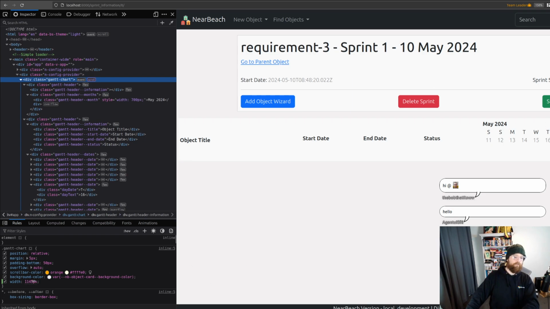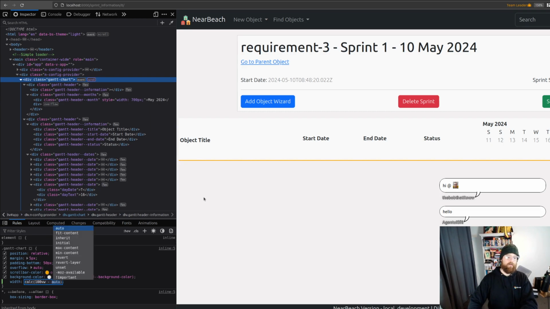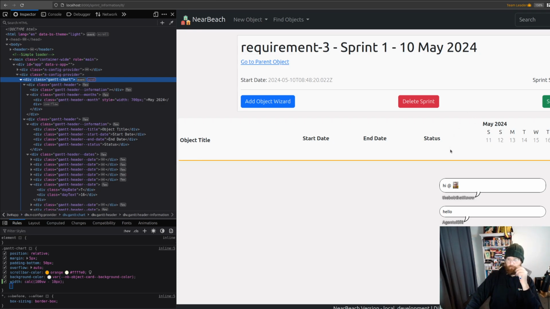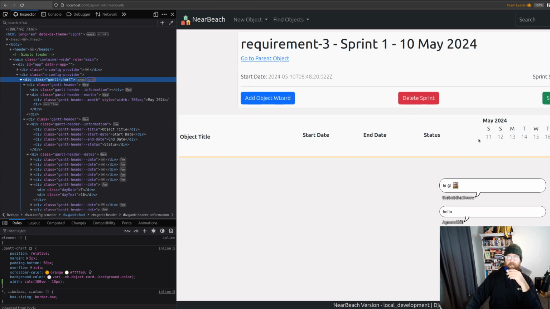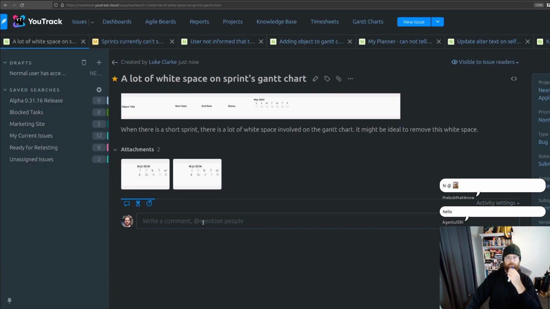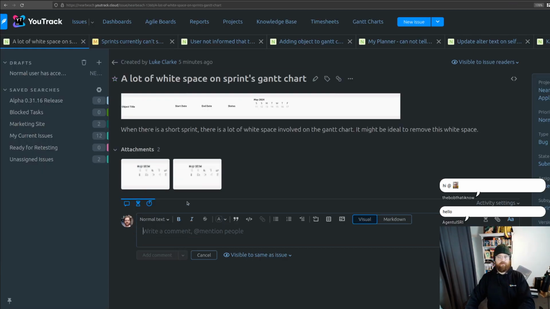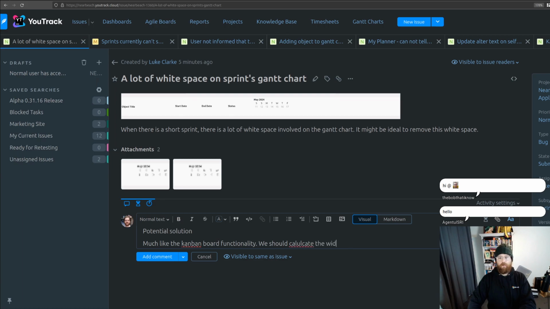All right. What if we do calc 100 view width minus 10 pixels? That works perfectly fine. And I kind of like that. So I've got a solution for this. So I'm going to write in potential solution for this. Potential solution. Much like the Kanban board functionality, we should calculate the width of the Gantt chart on